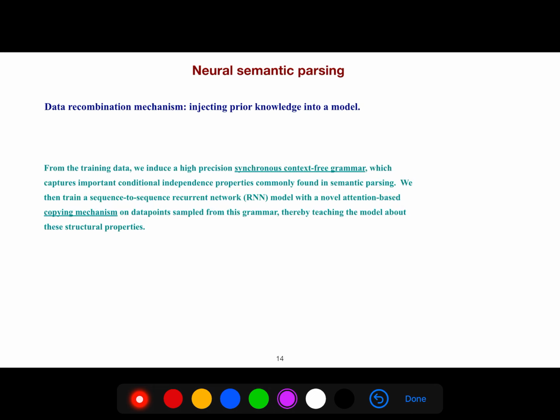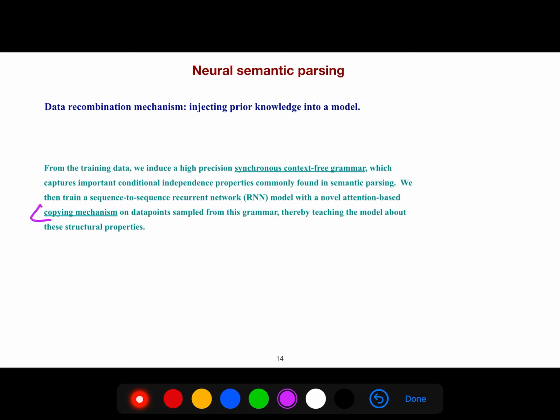From the training data, we induce a high-precision synchronous context-free grammar which captures important conditional independence properties commonly found in semantic parsing. We then train a sequence-to-sequence recurrent neural network model with a novel attention-based copying mechanism.